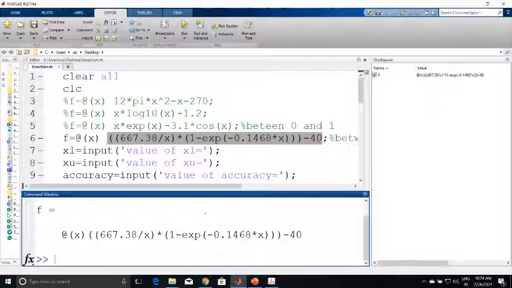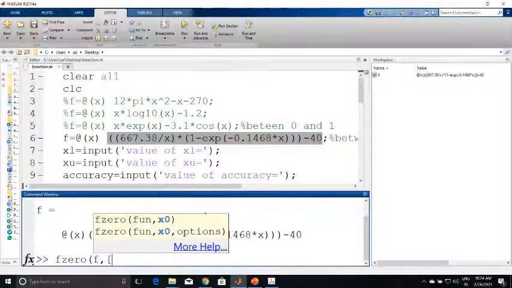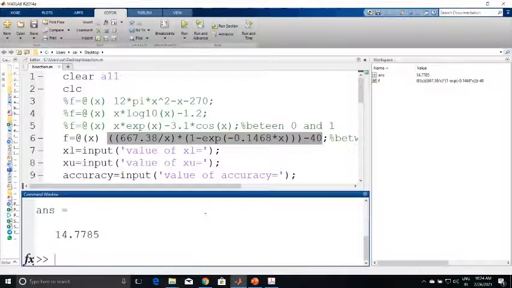Then let us call the solver command fzero. fzero with brackets. The command syntax is function, comma, initial values. So the function is f, comma, initial values are 12 and 16. You just need to do this and press enter. It will give you the answer.